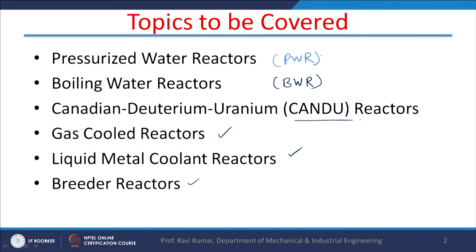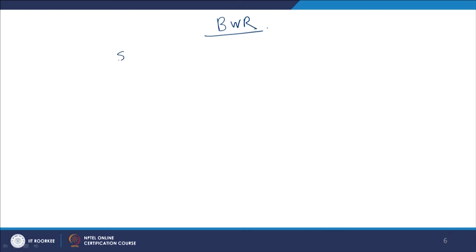So, we are done with the pressurized water reactor, right. The next is boiling water reactor. Now, as it is clear from the name itself, the water boils in the core, right, and this water is directly used for running the turbine. There is no heat exchanger. The efficiency is certainly better than the pressurized water reactor. So, it is a very simple arrangement.